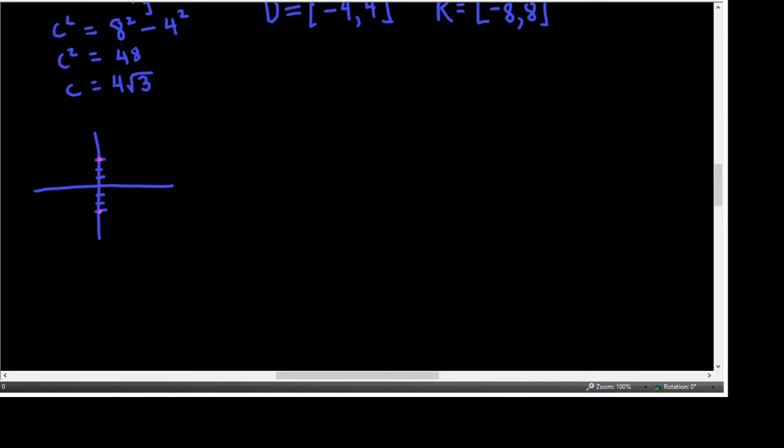You may have noticed that on those earlier graphs, I didn't necessarily plot the foci. I'll be looking for the coordinates to be correct. If you want to plot them, it doesn't hurt a thing, but I usually don't. All right, so with the foci at 0 plus or minus 3, that tells us that we're going up and down for our foci,